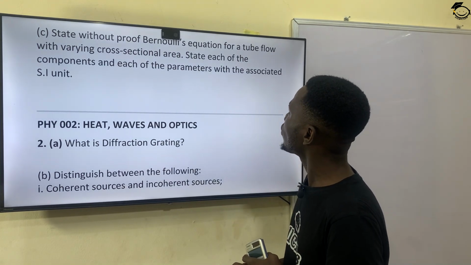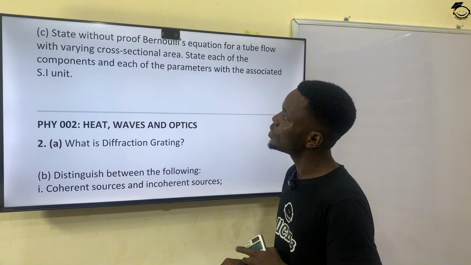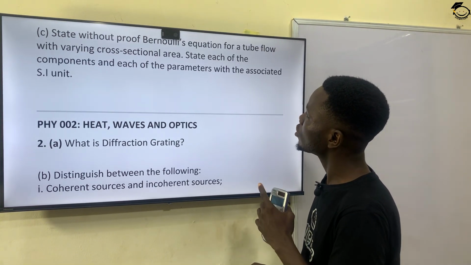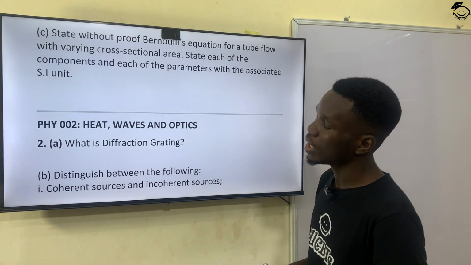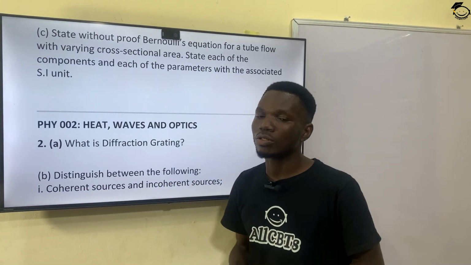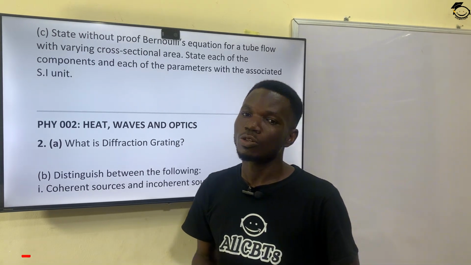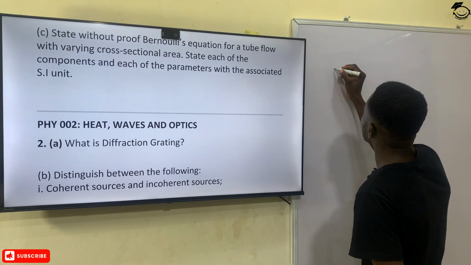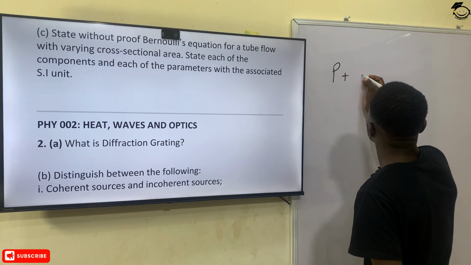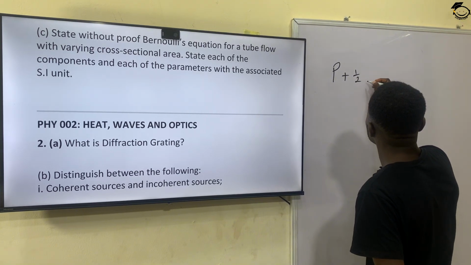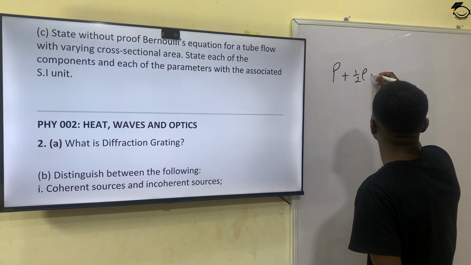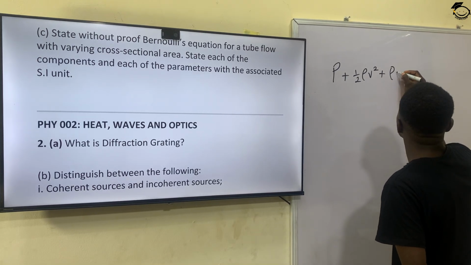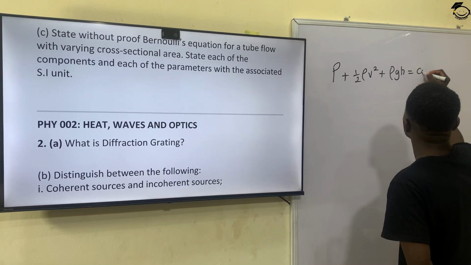Bernoulli's equation for a tube flow with varying cross-sectional area. State each of the components and each of the parameters with the associated SI units. So what they're simply asking us to state here is Bernoulli's equation. And according to Bernoulli's equation, the pressure plus 1 over 2 rho v squared plus rho gh is equal to a constant,